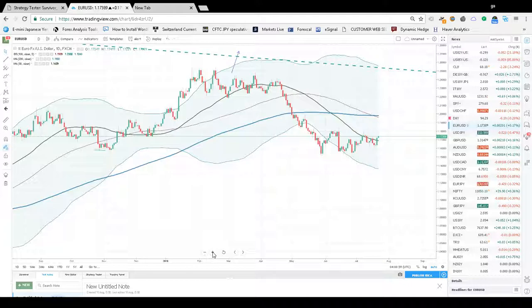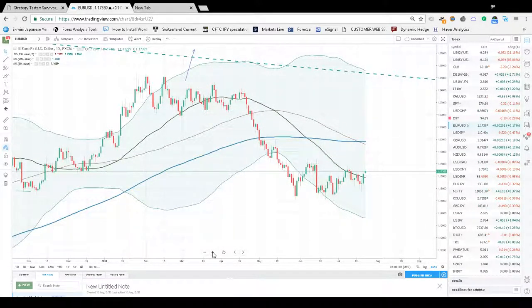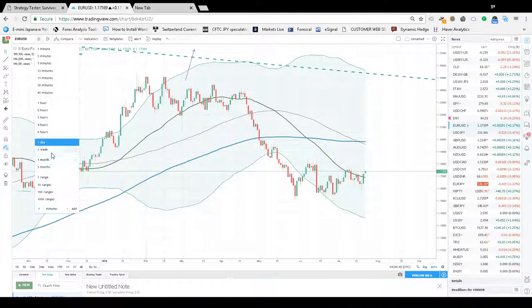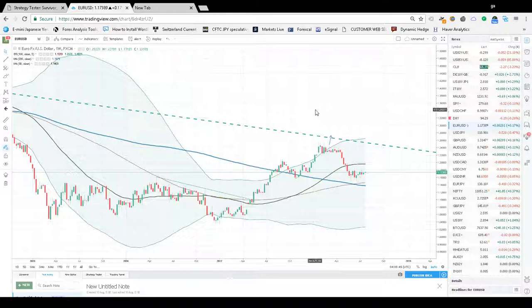We'll take a look at the last week's trading closes and how the pairs ended on the weekly, and we are mostly interested in the euro dollar and the dollar index, as they are the pairs of interest in our trading system currently. Now if you look at the weekly chart for the euro dollar,